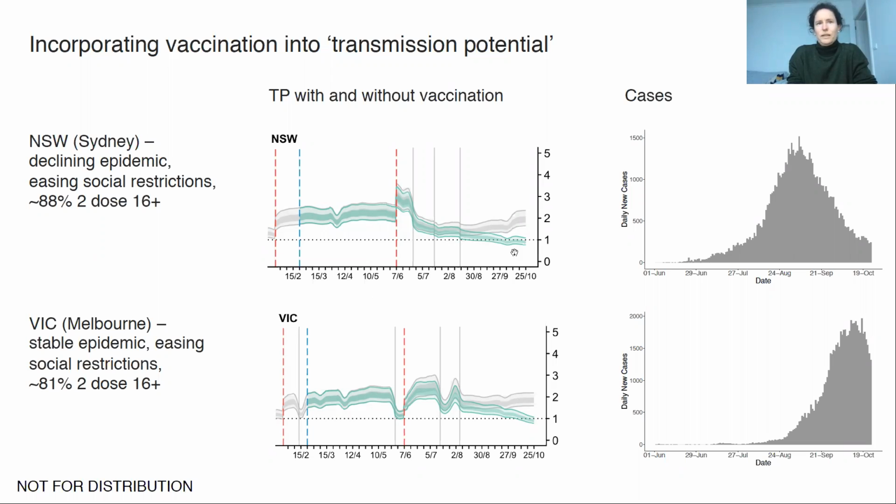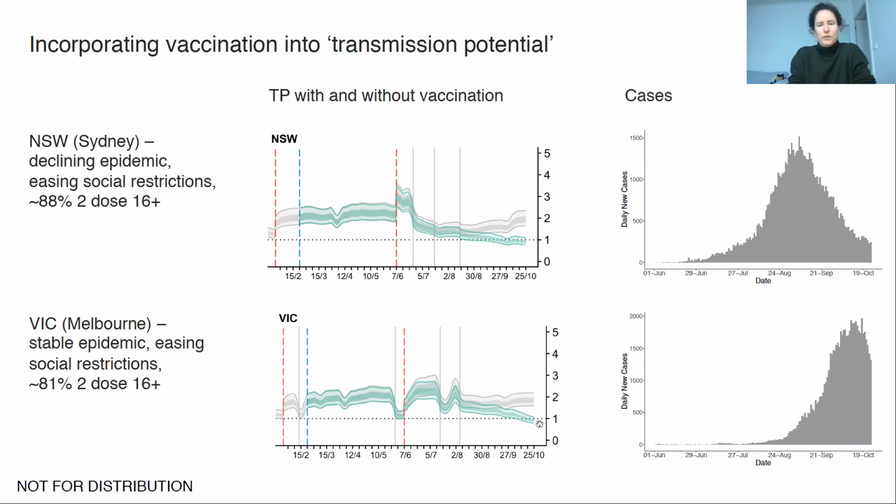So you can see the divergence between these two curves. And Victoria is in a similar position, although the epidemic appears to be around the peak and is stable and potentially declining. Victoria's just coming out of a lockdown as well, but not as quickly. And so the levels of population mobility and macro and micro distancing are increasing, but still reasonably steady. And they're still a little bit behind Sydney in terms of vaccination coverage.